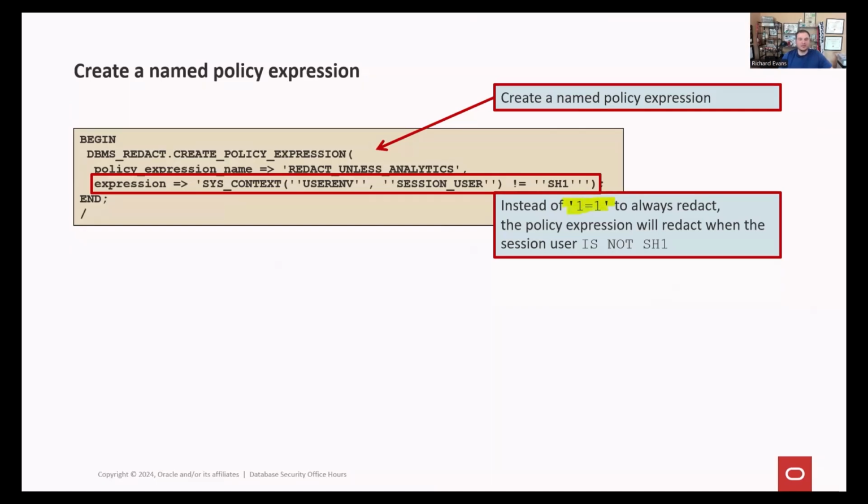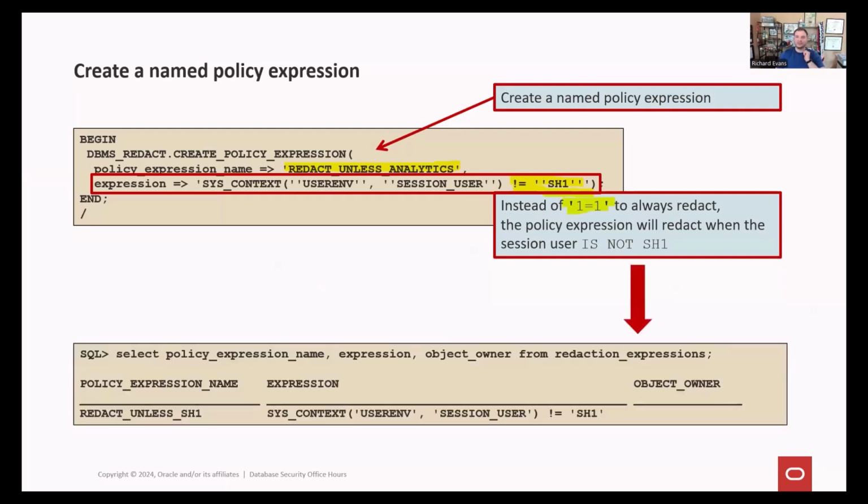So what we're doing here is we're creating a named policy expression saying redact unless you're this SH user, maybe, right? So redact everybody unless you're the sales history user, where that default policy we created originally was redact for everybody. So we're not changing the default, but we're creating an option to apply this to different columns.